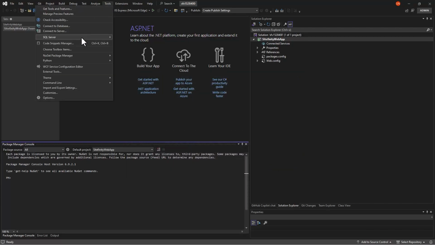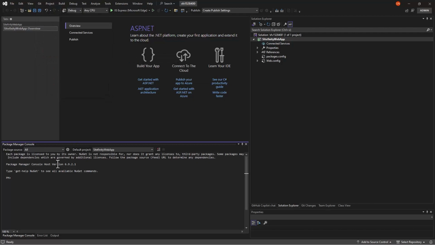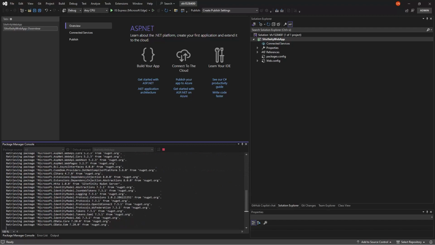Now, let's bring Sitefinity into the project. We open the Package Manager console. In the Sitefinity Web App project, we will install the Sitefinity Headless package. Let's type it, install-package progress.sitefinity.headless. If we leave it here and hit enter, it will install the latest available version of this package. To install a specific version, just add -version followed by the version number. For this demo, we'll install version 15.2.8400.0. This downloads the core CMS components needed for the headless mode.